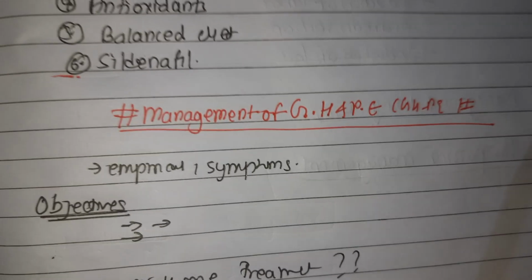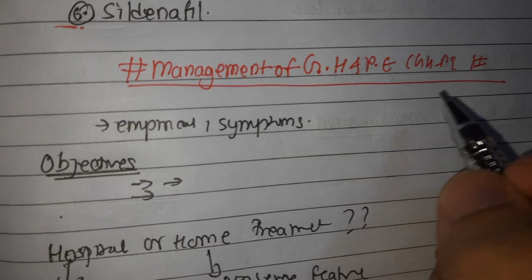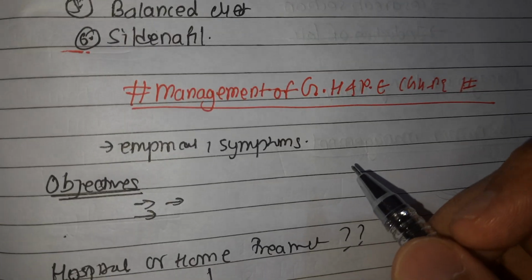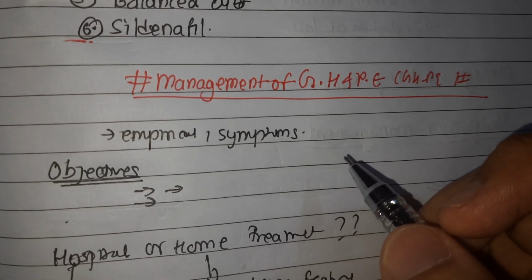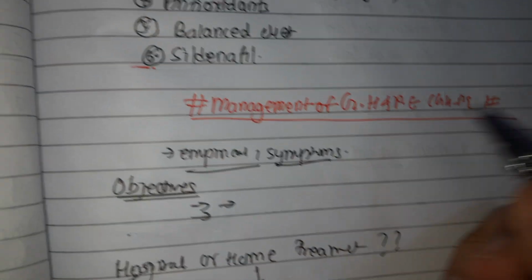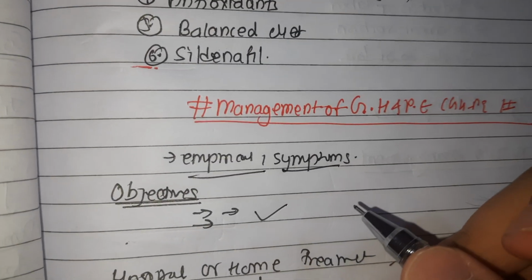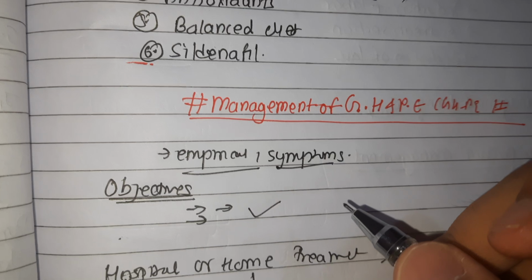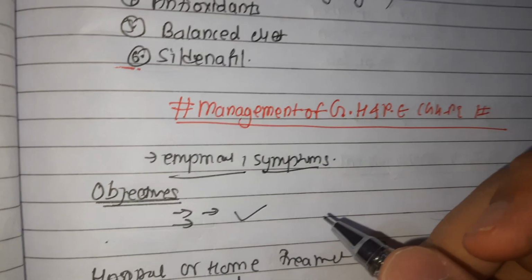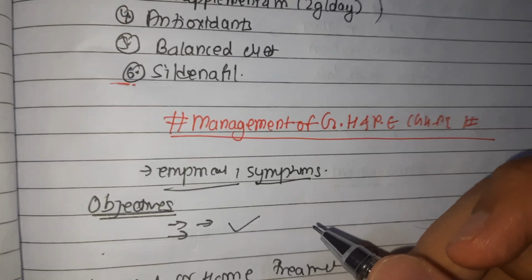Now we'll move on to management of gestational hypertension and preeclampsia. Both of these managements are the same. As long as the etiology of preeclampsia remains obscure, the treatment is mostly empirical and symptomatic. The objectives of treatment are to stabilize hypertension and prevent its progression, to prevent eclampsia, HELLP syndrome and complications, to deliver a healthy baby at optimal time, and